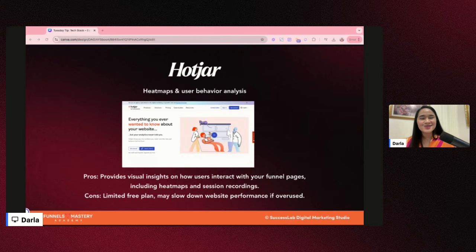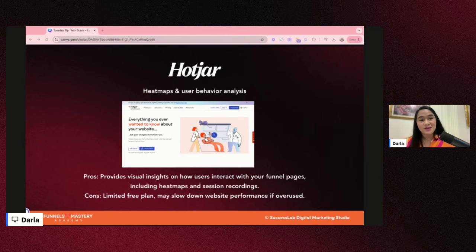Okay? And then next one is Hotjar. So basically, heat maps, no? Kumbaga, yun yung sinasabi ko sa inyo, nakikita ko kung anong ginagawa nyo. Nakikita ko kung hanggang saan kayo napupunta, ano yung kiniklik nyo, and everything else. This is how the Hotjar is used. However, this is subscription.